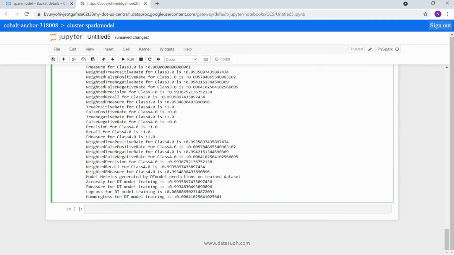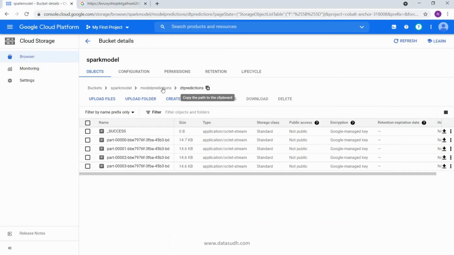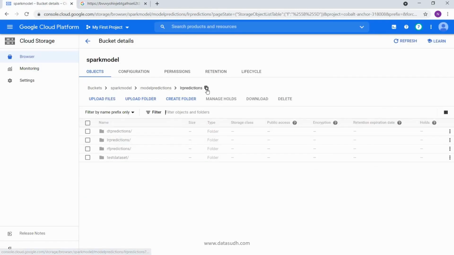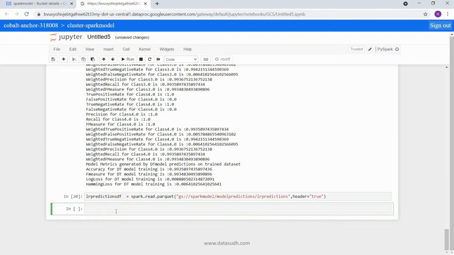Now we'll repeat the same exercise for the last model, that is logistic regression classification. So let's take LR predictions as well. Go back to here, take LR predictions and set header equals true. Okay. Now we are going to calculate the same metrics on LR predictions data.